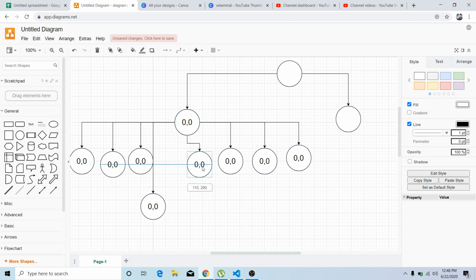Now how many cells do we have? 8 subnodes. For every cell there are going to be 8 possibilities.